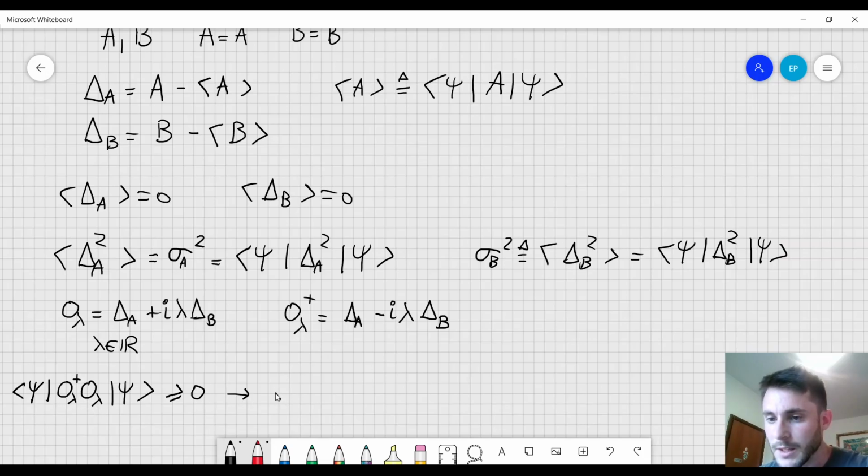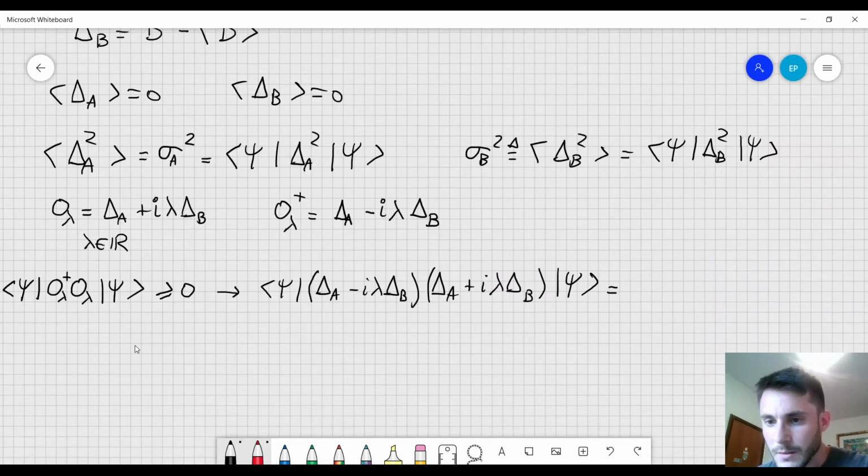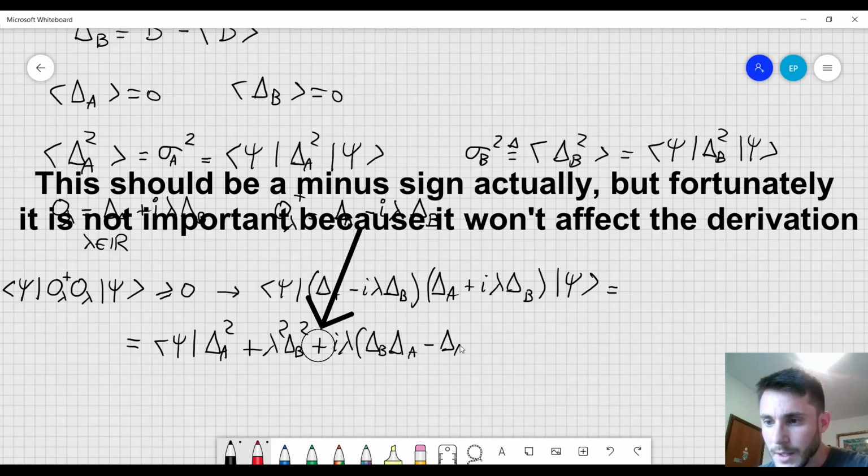Therefore I can rewrite this as psi, here I have delta A minus i lambda delta B times delta A plus i lambda delta B acting on psi. Now I just have to do a multiplication here. This will give me psi delta A squared, and then I will get a term which is equal to plus lambda squared delta B squared, and then I will get some cross terms that will give me a commutator. In particular, I will get plus i times lambda times delta B times delta A minus delta A times delta